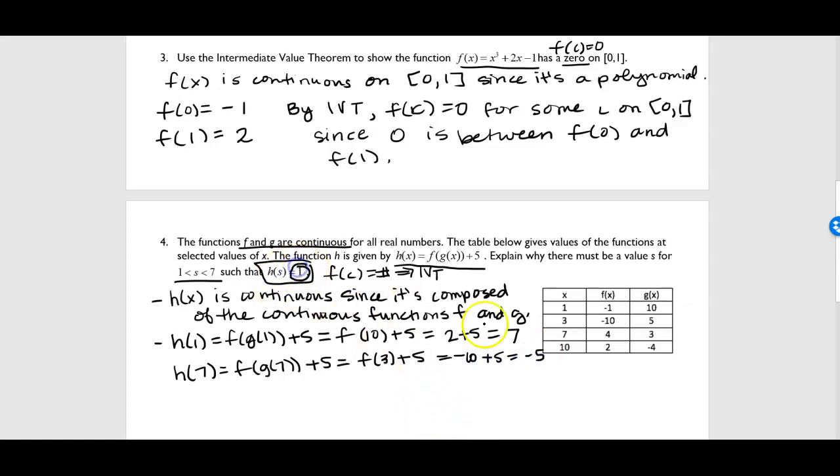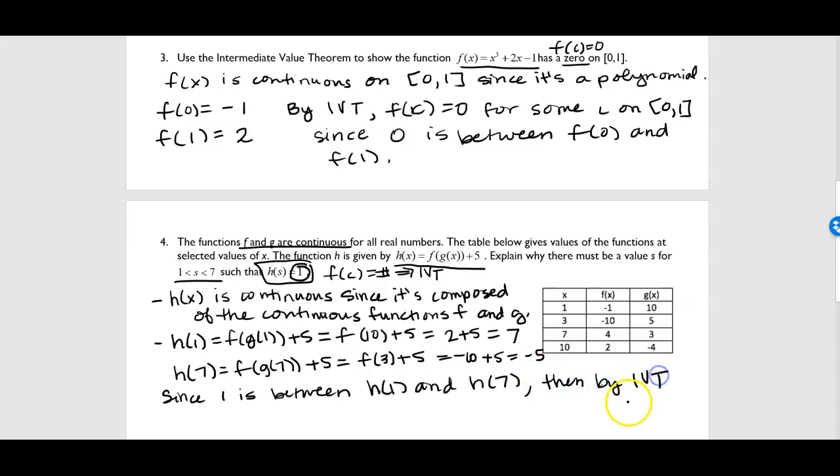We want to know, is 1 between 7 and negative 5? It is, which means I can use intermediate value theorem. So we can say, since 1 is between, and here, instead of just saying 7 and negative 5, I'm going to say h of 1 and h of 7, because I really want to connect it back to that function. Since 1 is between h of 1 and h of 7, then by IVT,